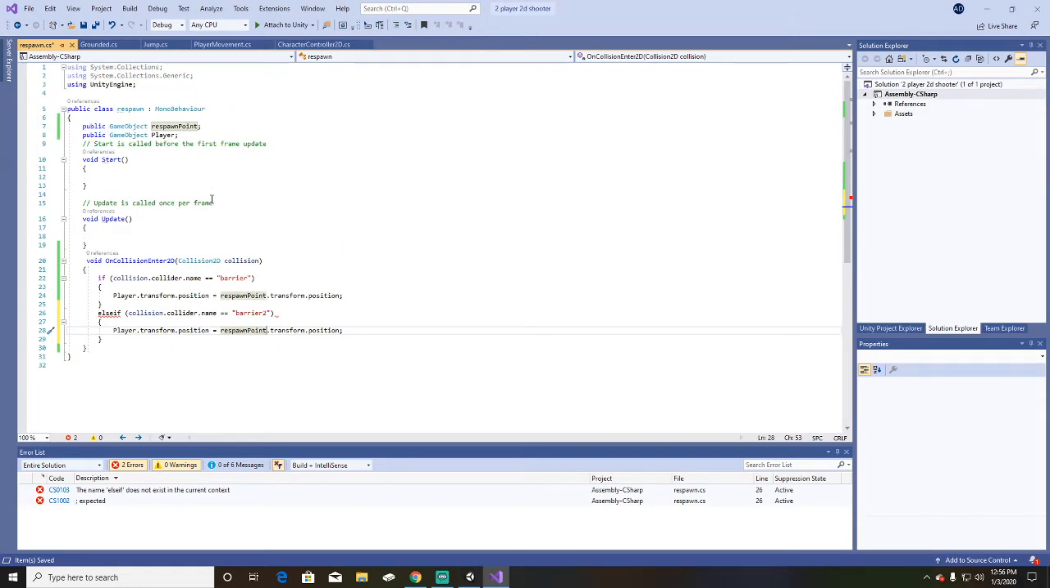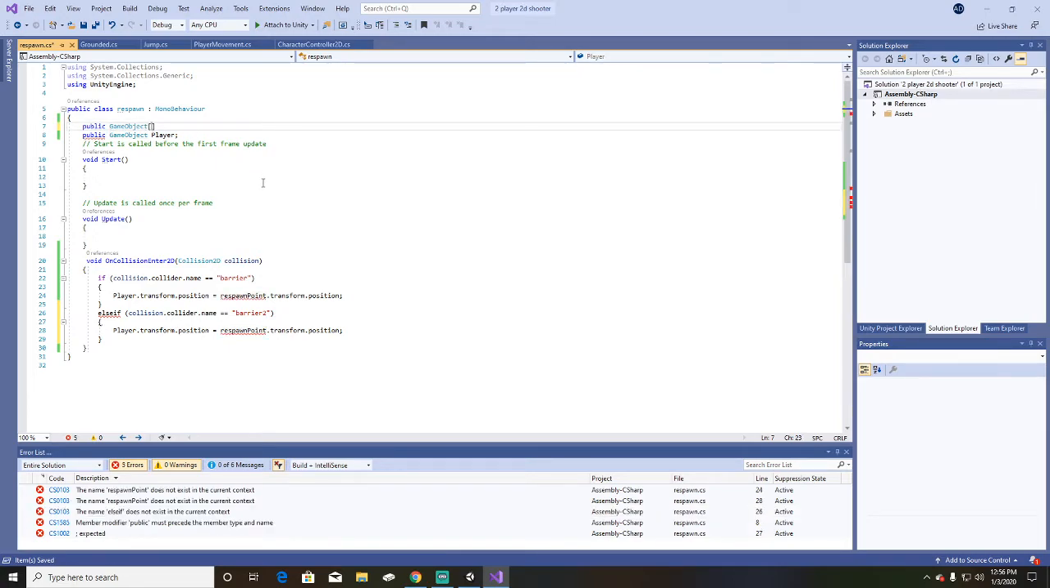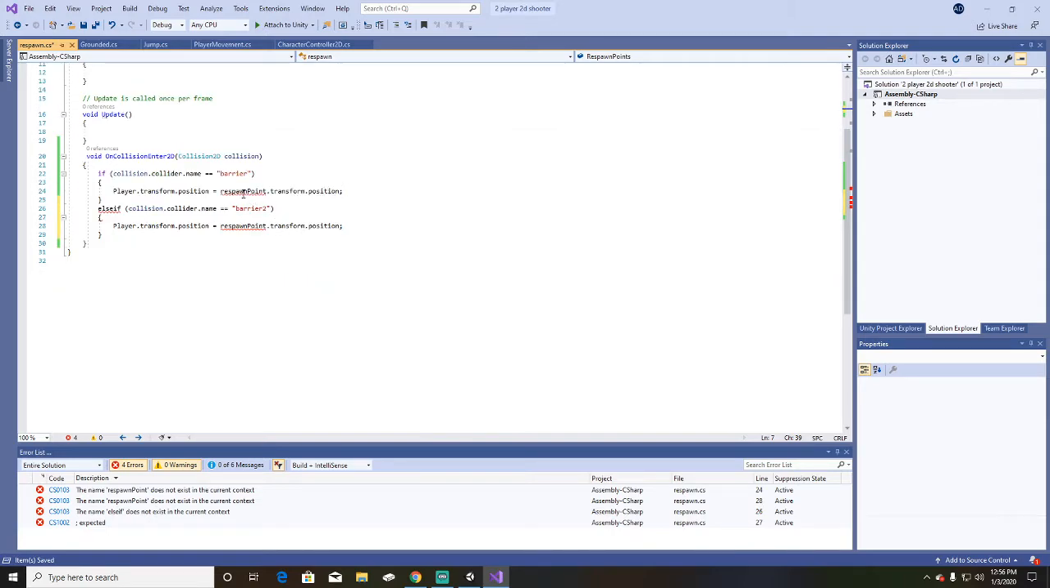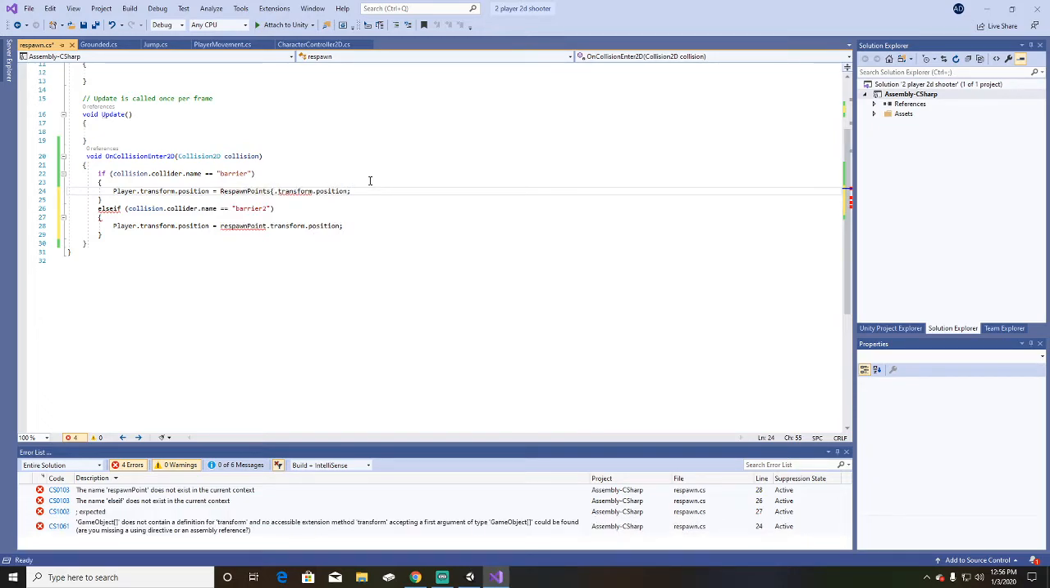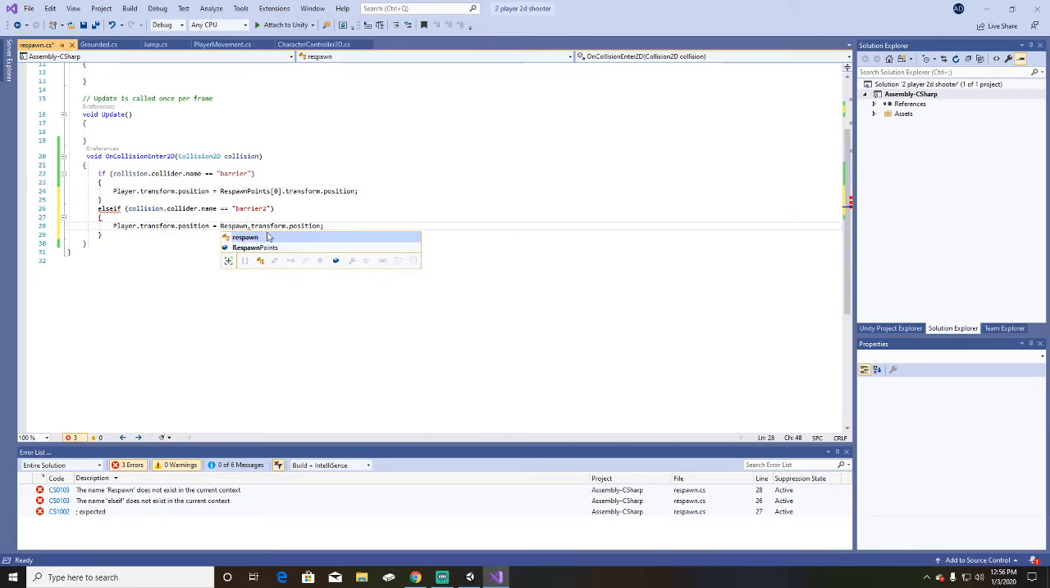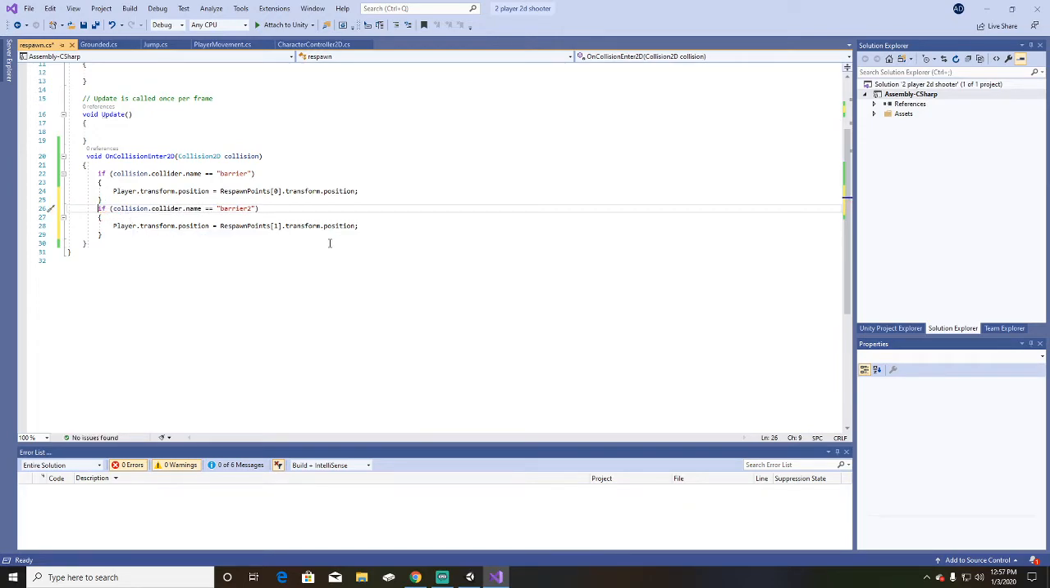Okay, you can also do this way easier if you do game object and put them in an array, and then you can do respawn. I'm going to call this respawn points, and then we can do respawn points. Then for the first one, I'm going to do 0 dot transform dot position, then respawn points 1 dot position. Okay, we can just do that, barrier 2,